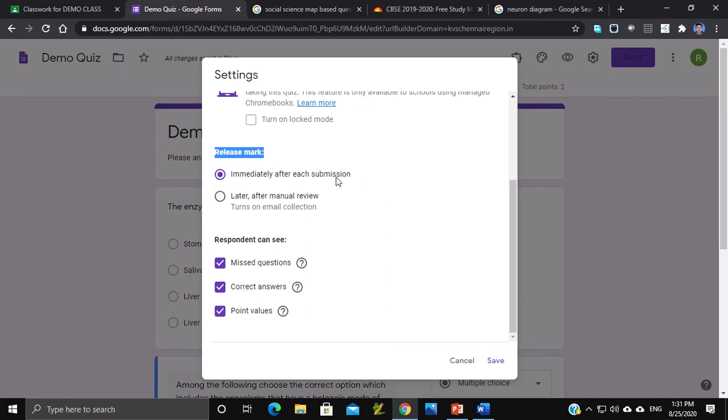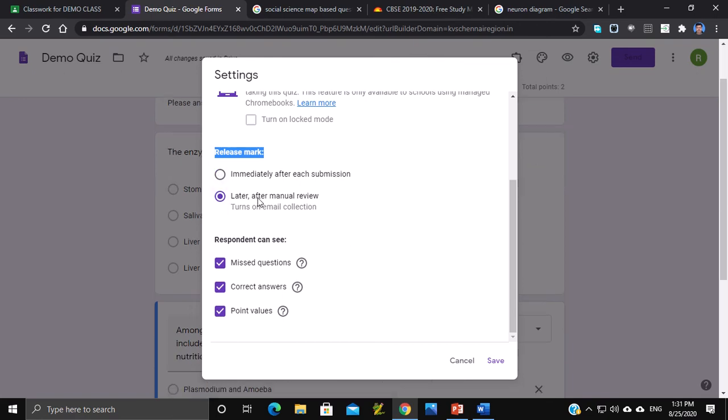So as soon as the student submits, the result will be seen by the student. But sometimes we think, let everyone complete, then we will release it at a time, so we can release it later also. So both options are there.